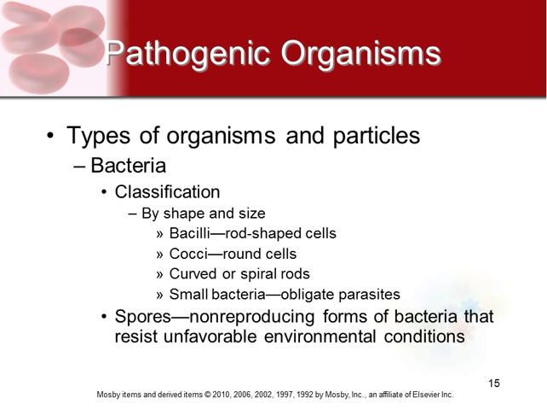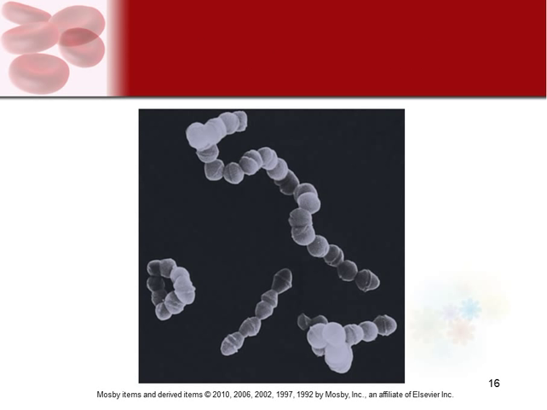So the other interesting thing about bacteria is that it forms spores. Spores are non-reproducing forms of the bacteria that are very, very resistant to unfavorable environmental conditions. So when it's unfavorable, the bacteria itself goes into these spores, which means that they're not reproducing at the time, but they're not dying either. So that they can open up, when the environment becomes favorable again, and they can actually reinfect. So that's a picture there, just so you know what they look like.